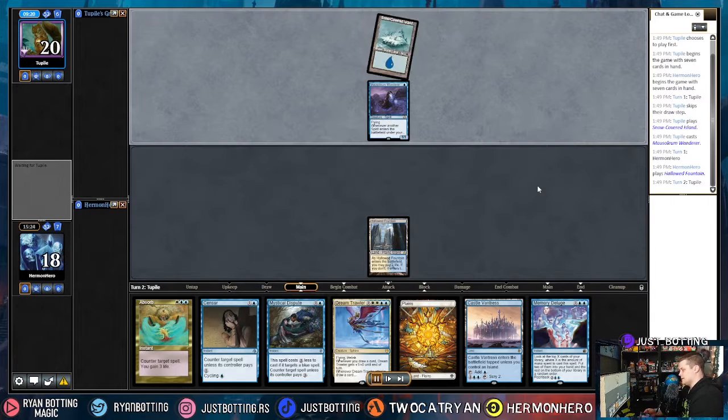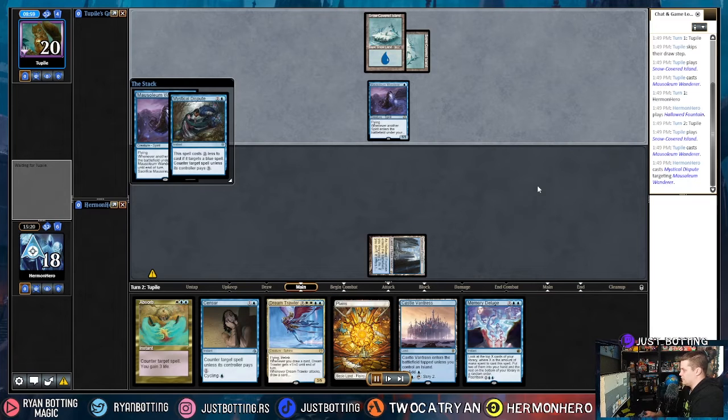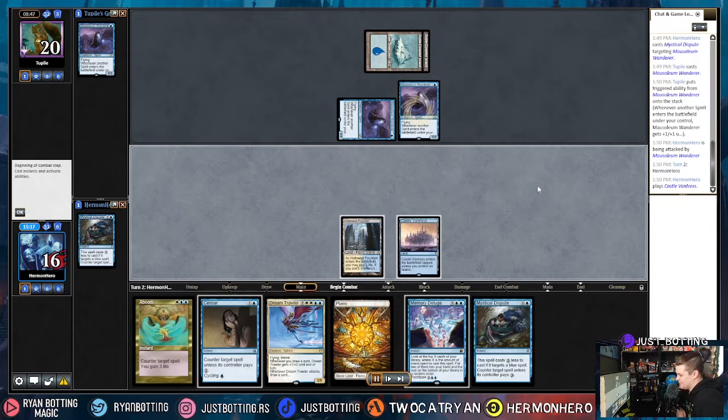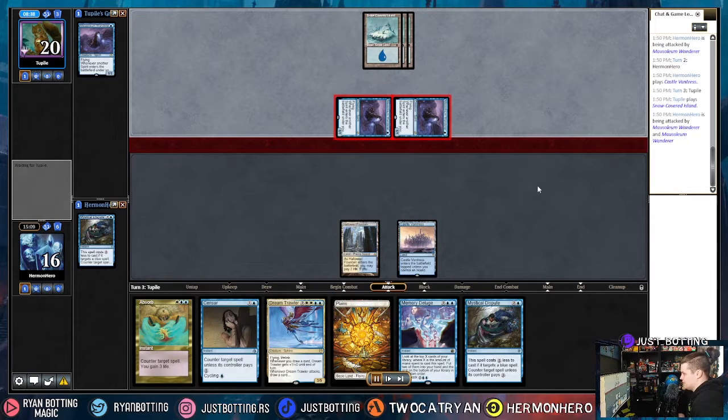Just shock in because we can Mystical Dispute and Cycle Sensor, which feels really good. Get out of here, Mausoleum Wanderer. Please get out of here. They play another, so now things are a little awkward, right? I mean, we're gonna have to pump through these Mausoleum Wanderers. We have access to Sensor and Mystical Dispute though, so we can continue